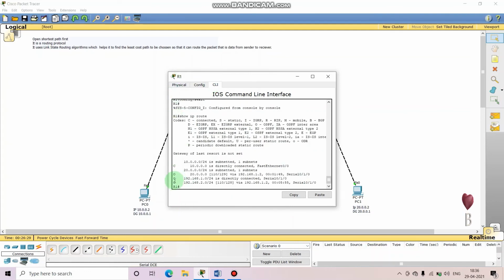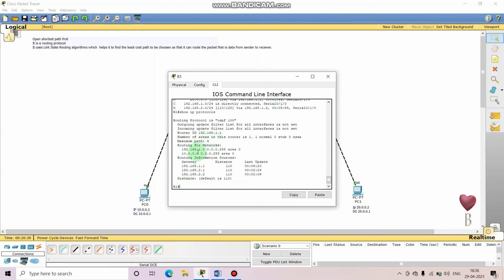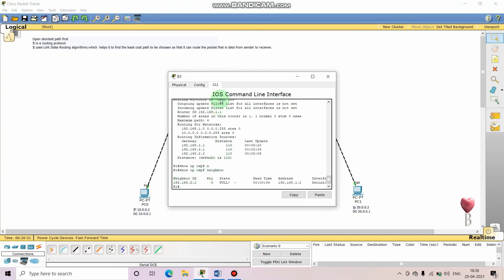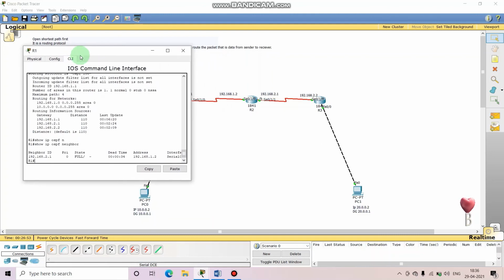See, two are there, OSPF. Now you will do show IP protocols. Now you will do show IP OSPF neighbor. See, one will be shown here because it has only this one neighbor.